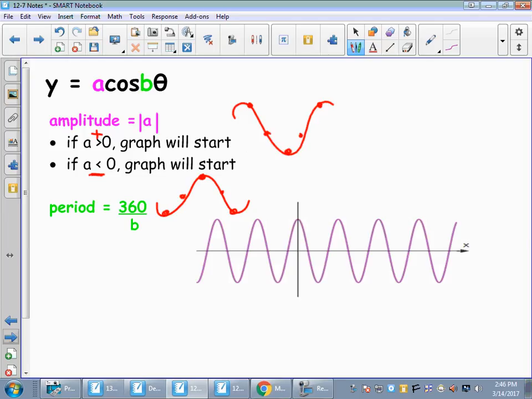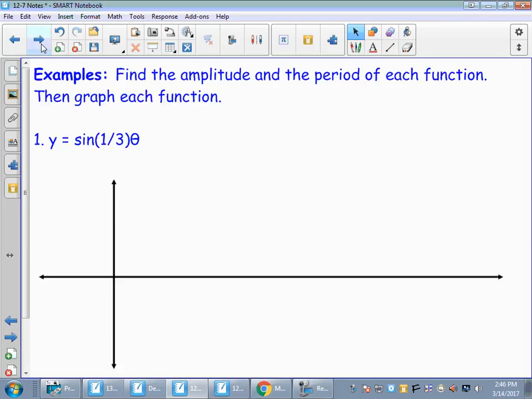I always give those little curls on the ends just because it helps you see that you're starting to do another peak or starting to do another valley in that curve. So it kind of helps round out that curve. So we're going to try a couple of examples. First one,